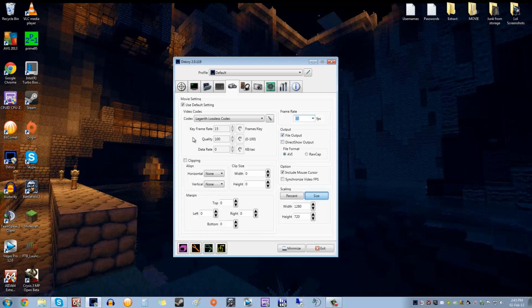Now, for output, make sure file output is checked. DirectShow output is if you're displaying to something like Twitch or another live streaming account. So yeah. Now for file format, I would keep it at AVI to keep it one file, and it's really easy and simple. You don't have to fiddle around afterwards. I know how RAWCAP works, but